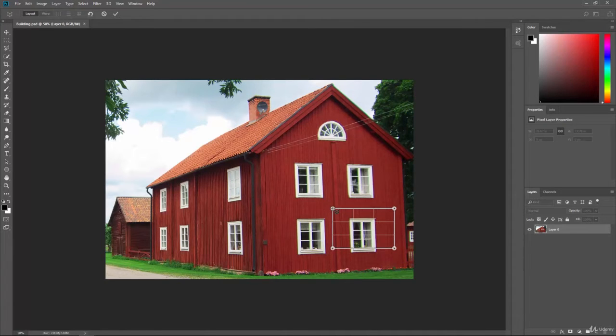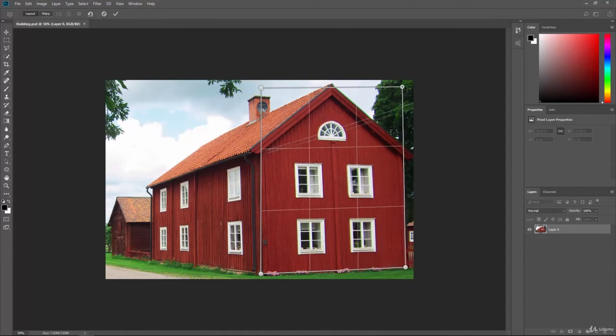Basically, we're just going to click in the image and we're going to get this little grid. Now you can click and drag this around, and what you'll want to do is take these points and line them up to the corners of a building or something that you're trying to change the perspective of. Now if we do it from here, it's going to warp the top of this building a little bit, so you might actually want to raise up these points to a higher destination so that it keeps that perspective. So let's go to the top of this building, and this isn't going to be perfect because I'm just